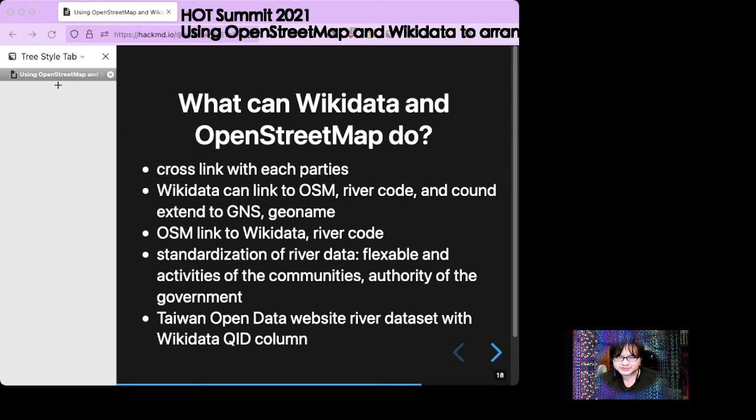By cross-linking with each other, we can help the standardization of river data, and the flexible activities of the community and also the authority of the government. And recently, the Taiwanese government river data set on Open Data has added a Wikidata QID column.